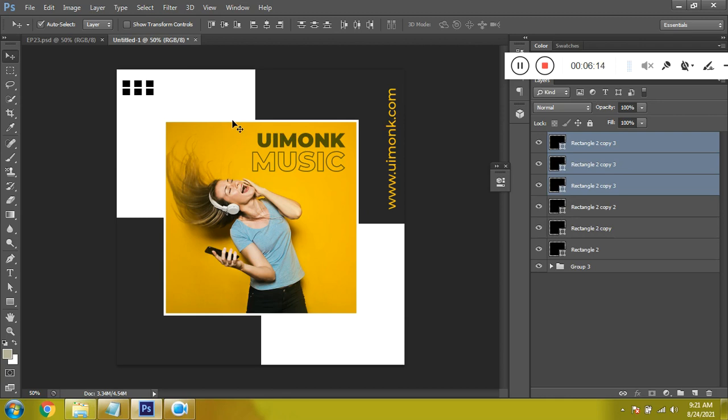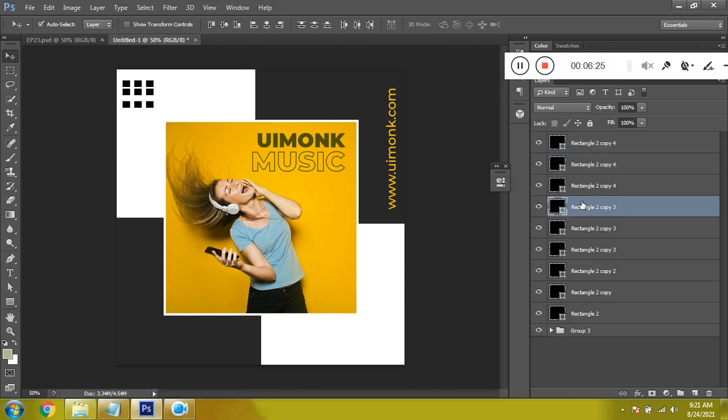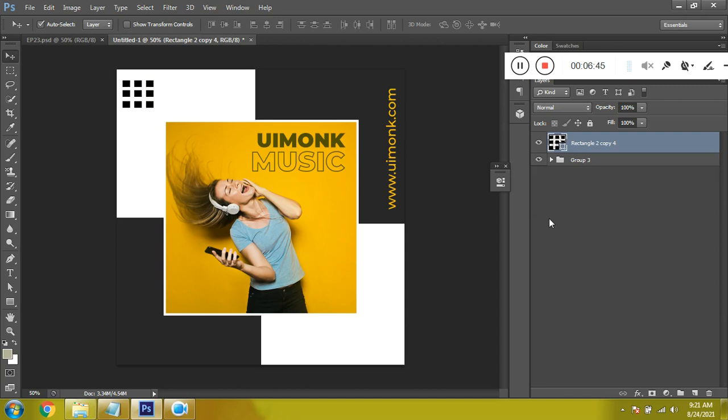Control D if it doesn't work. The same way. Alt, drag, Shift. Press V. Cool. Now select all the rectangles and press Control E.